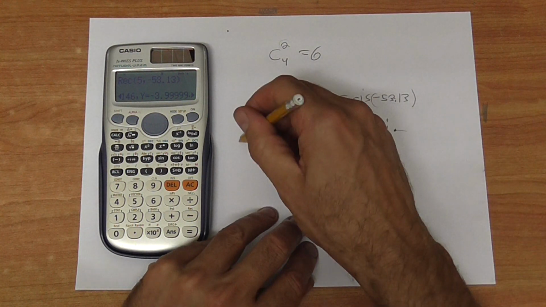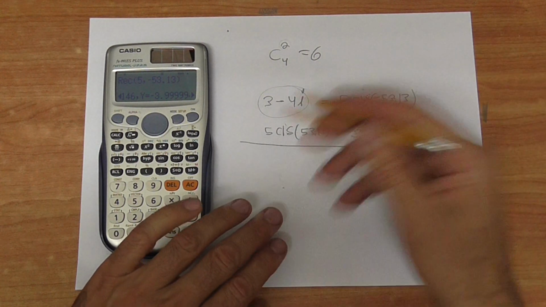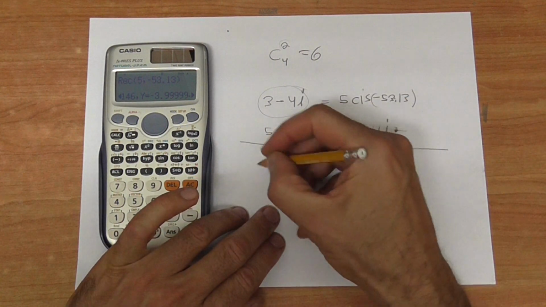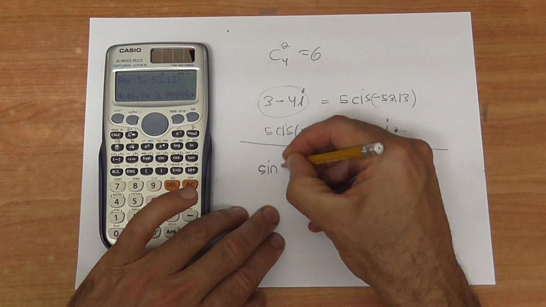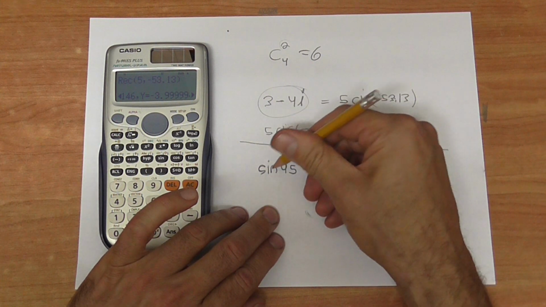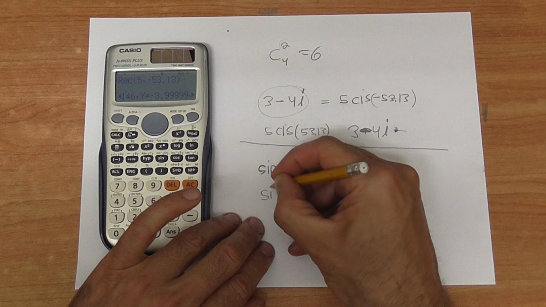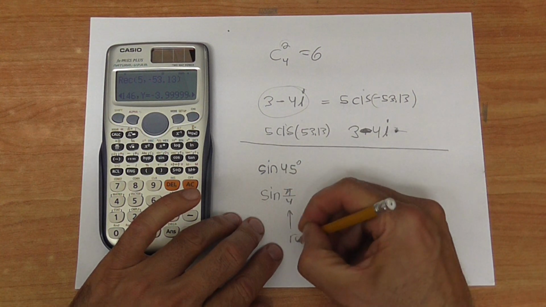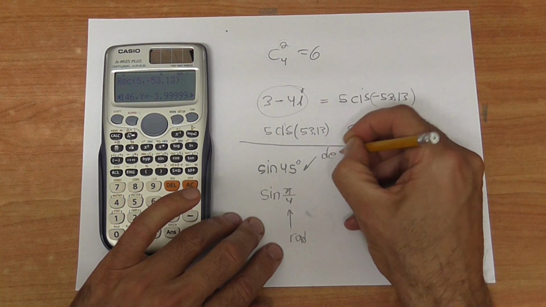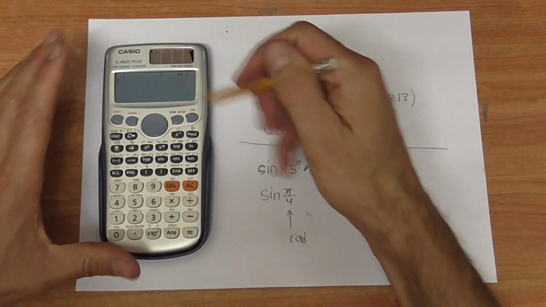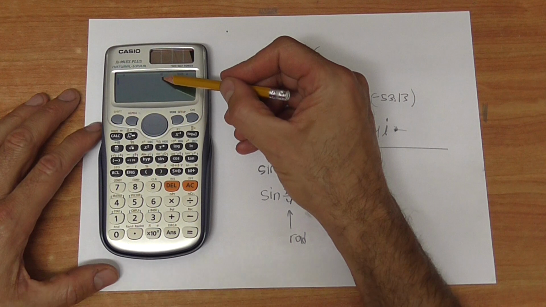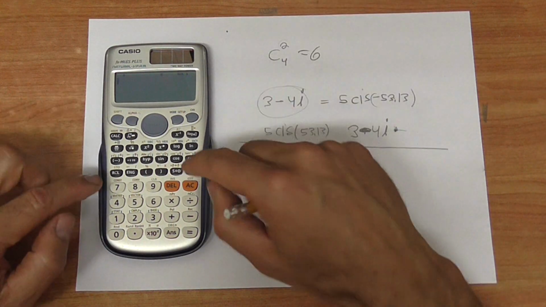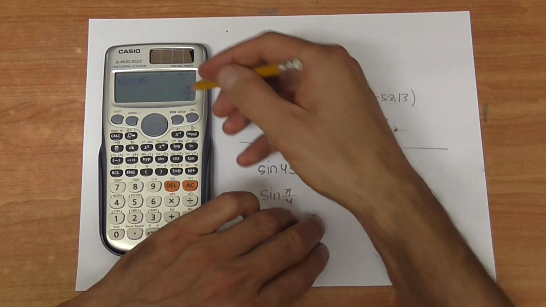Okay, more. If I want to go from radians to degrees, for example, I want to do sine 45 degrees, which is also sine pi over 4. This is in radian mode, this is in degrees mode. So in degrees, if you see this letter D, it means you are in degrees mode. So you write sine 45 and the answer will be